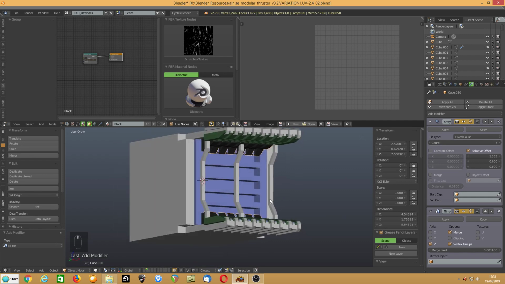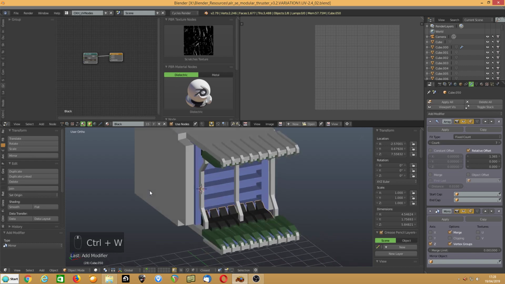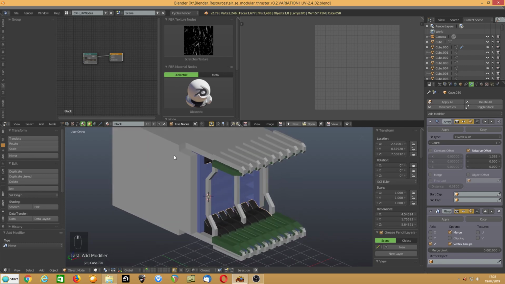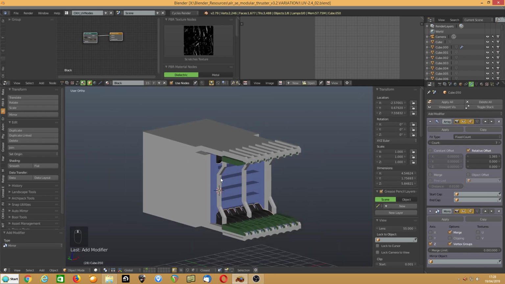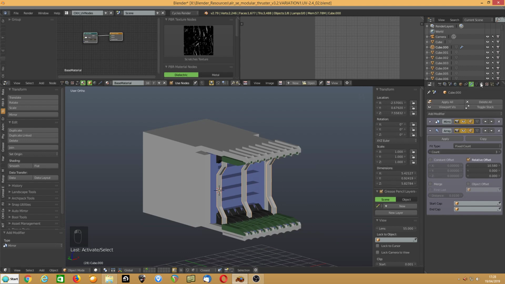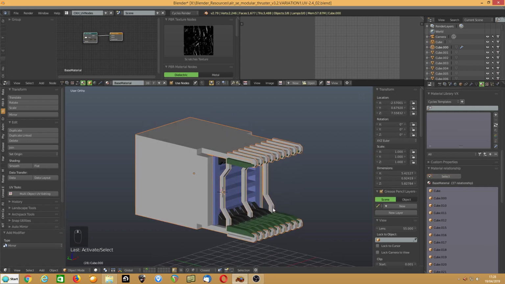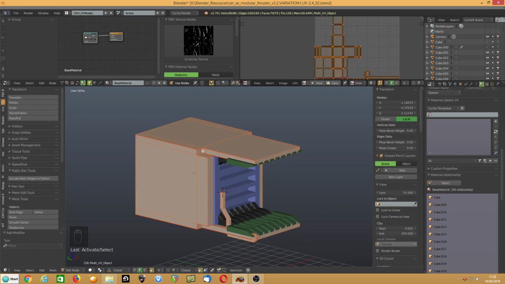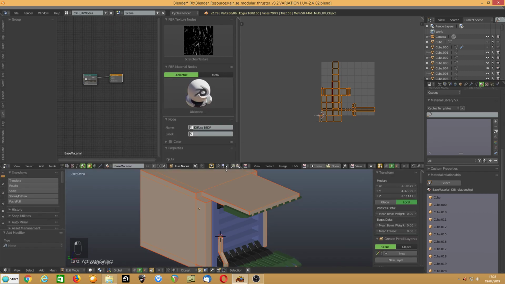Now, even though you've got all that geometry, you're only actually dealing with one of each item, and it's when you start doing the UVs completely that it sticks out. So now what I can do is select that, and use a little helper script called material relationship. That'll select all of the same material and then give me an option to multi-edit. There's again a multi-edit UV. This is really useful. So now that's selected everything of the same material,